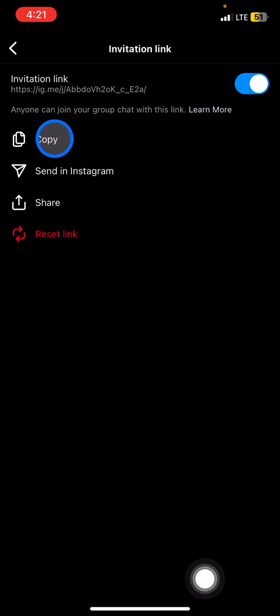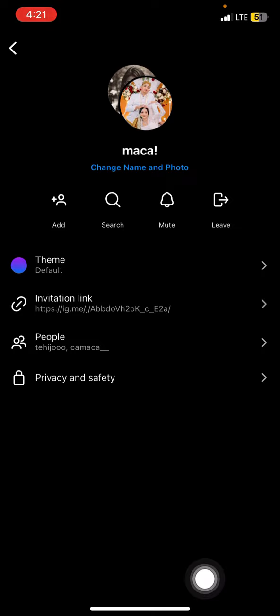Now you just need to paste it into the specific application that you use to communicate with your friends so that you can invite your friends into your group chat on Instagram. So that is the way how to copy the Instagram link